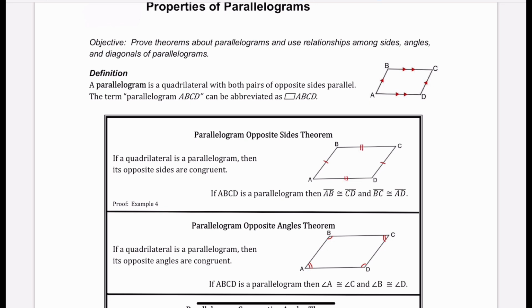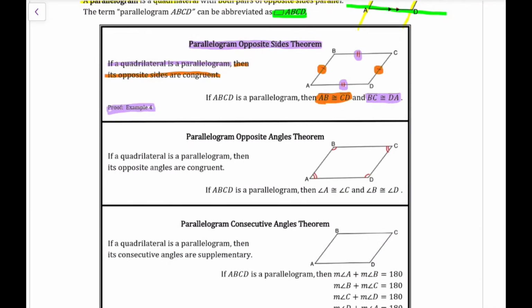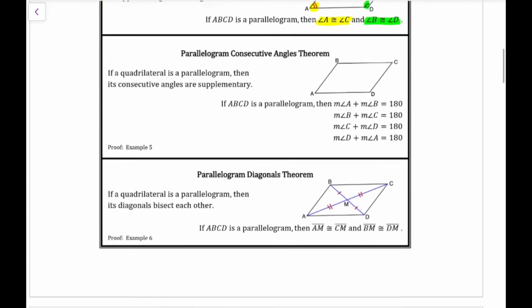If a quadrilateral is a parallelogram, then its opposite sides are congruent. So AB would be congruent to CD, and BC would be congruent to AD. The parallelogram opposite angles theorem says if a quadrilateral is a parallelogram, then its opposite angles are going to be congruent as well. So angle A will be congruent to angle C, and angle B will be congruent to angle